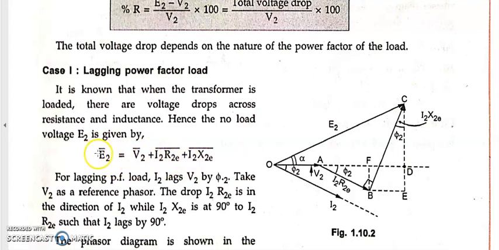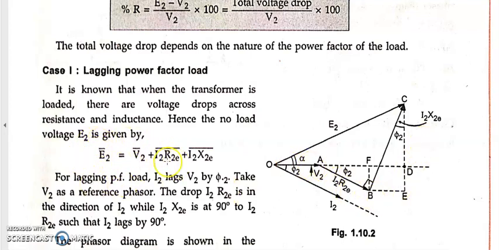So whatever we are deriving, we are referring to the circuit diagram when referred to the secondary side, because we have R2E, X2E, I2, V2, everything E2. So it's always referred to the secondary side. We have the equivalent circuit diagram with respect to the secondary, and on that basis we have written this. So with this equation we are going to draw the phasor diagram.